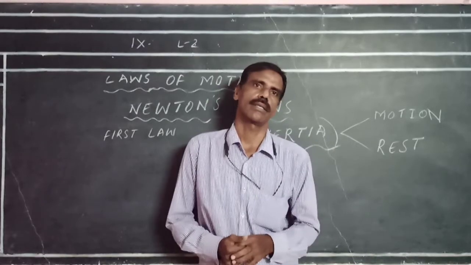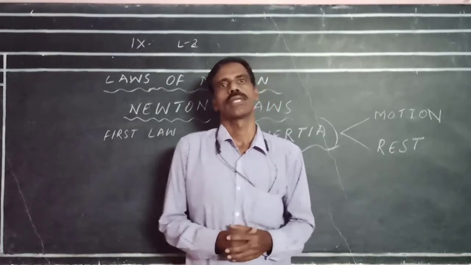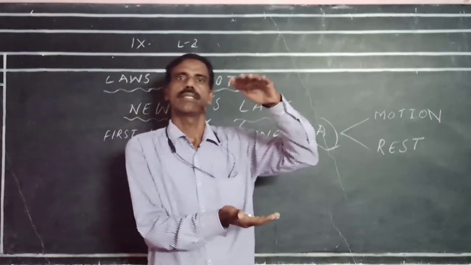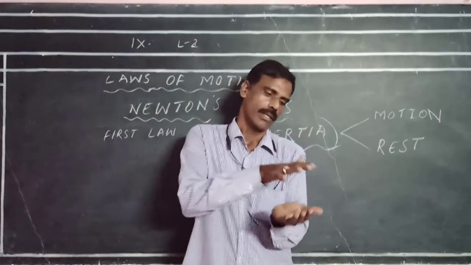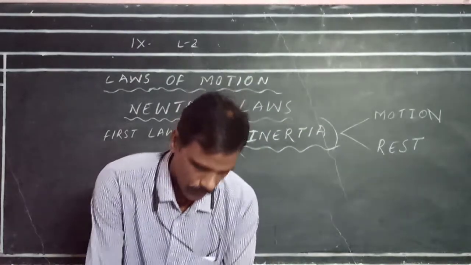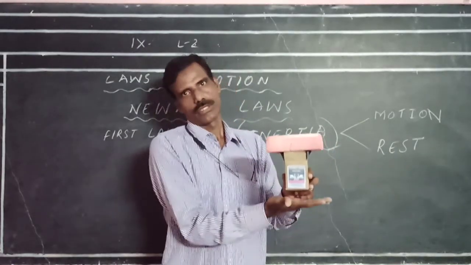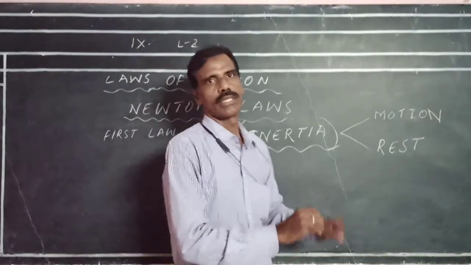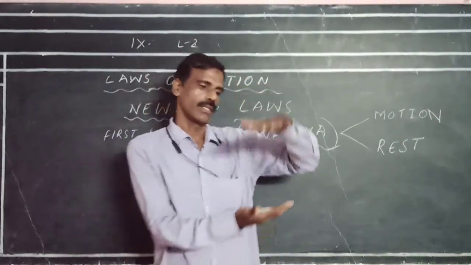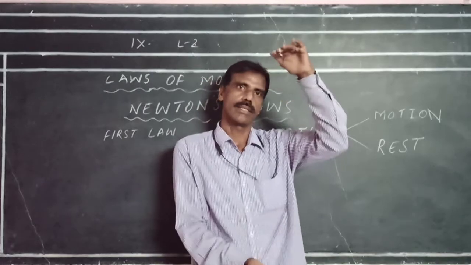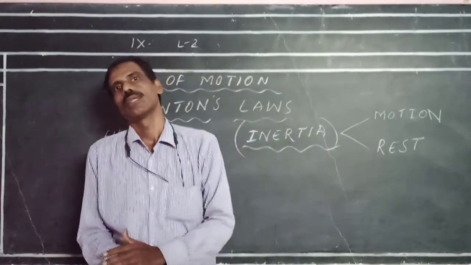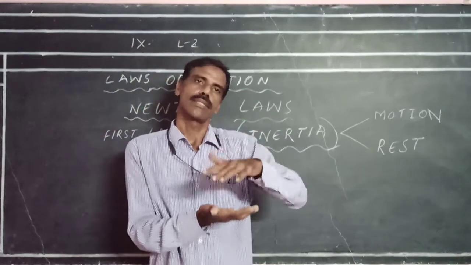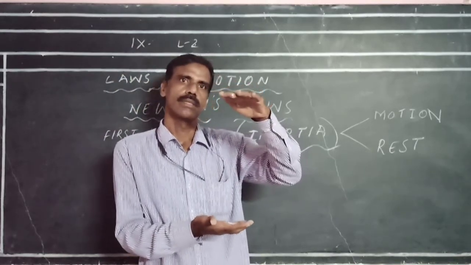Go to the supermarket and take a trolley and try to pile up the objects by arranging one on the other like this in the trolley, and try to push the trolley suddenly. Automatically the objects which are piled in the trolley will fall backward,